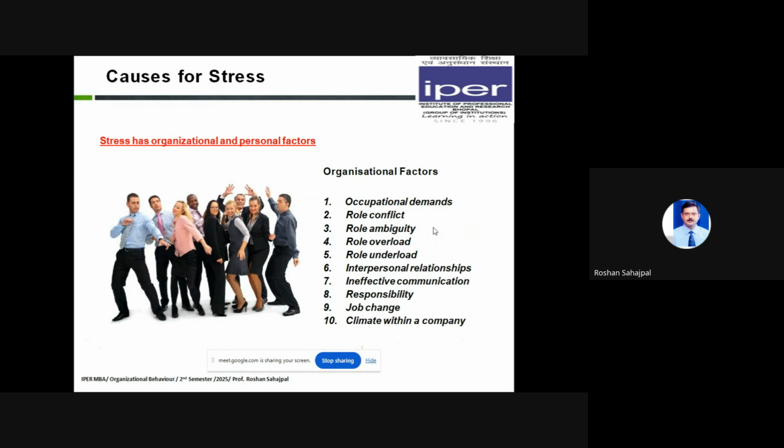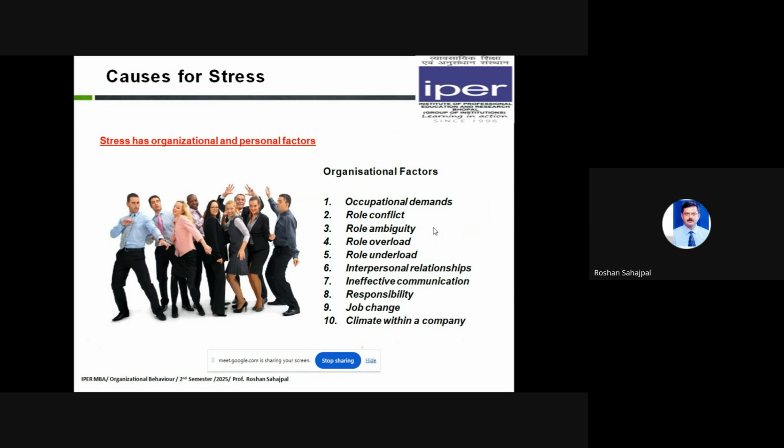And also the example of a doctor working in an emergency ward, that also I've given. तो ये जब ऑक्यूपेशनल डिमांड आती है जो कि थोड़ी सी अनरीजनेबल कभी कभी हो जाती है या फिर ऐसी हो जाती है जो कि आप फिजिकली अकेले मैनेज नहीं कर पाते, तो ये स्ट्रेस को लीड करती है, राइट? दूसरा होता है रोल कॉन्फ्लिक्ट.